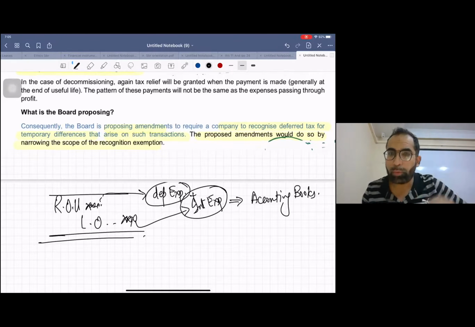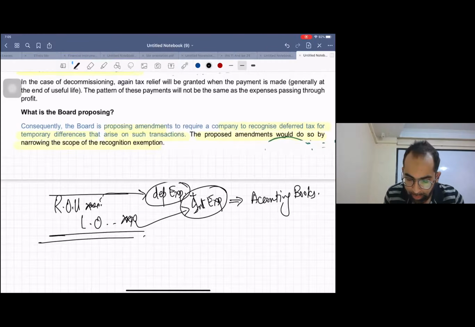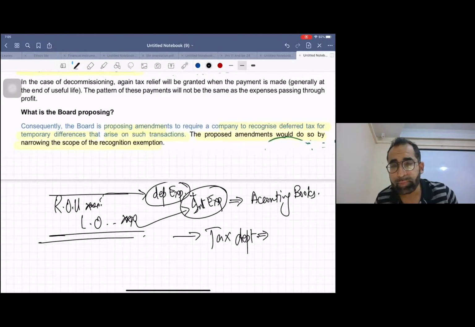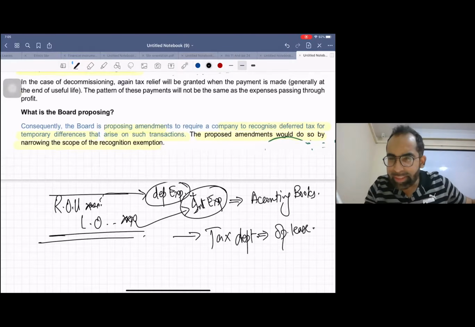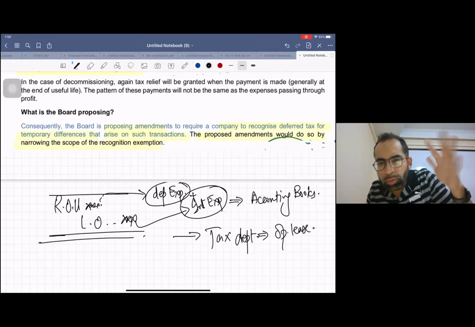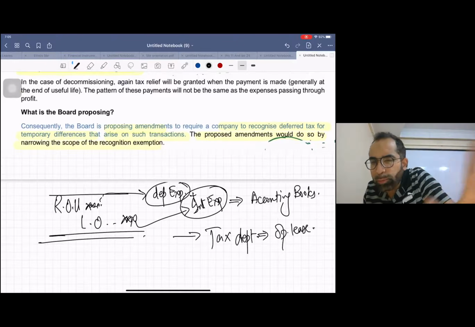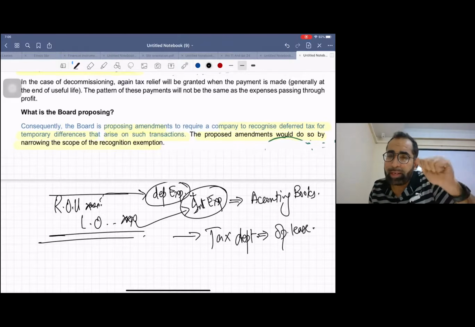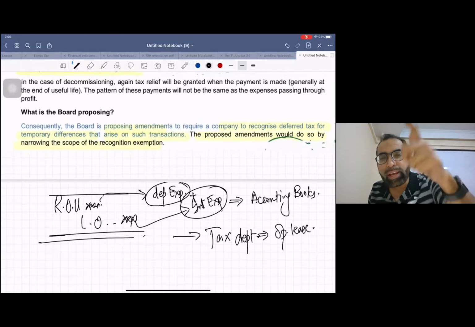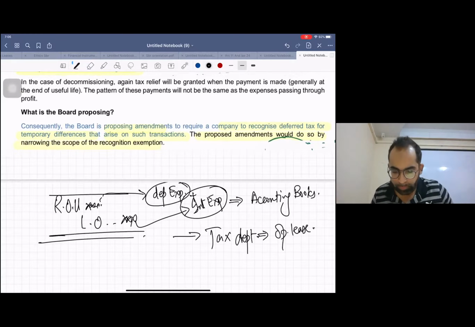Depreciation and interest expense. Now, when you go to the tax department, the tax guys treat all leases as operating leases. Almost all over the world, in different jurisdictions, the tax department treats leases as operating leases. So what they say is: we don't recognize the ROU, we don't recognize the lease obligation. For us, this transaction is an operating lease, and in an operating lease, whatever rental you pay, we'll allow you. Rentals paid are allowed.